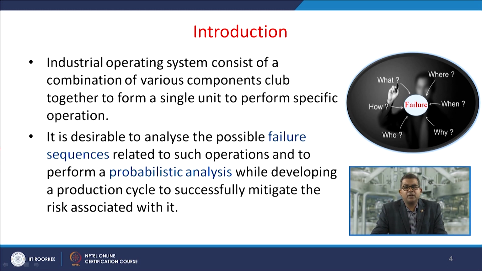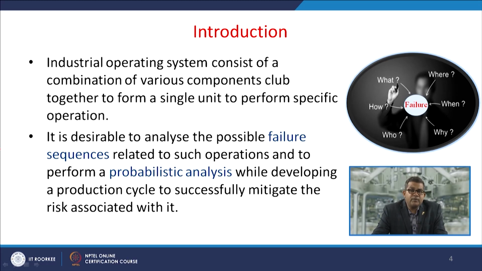Now, let us take an example like the production of ammonia. Here it is quite simple: nitrogen reacts with hydrogen to give you ammonia. But there are several other steps and components involved. The basic considerations are what the appropriate temperature is and what the safety methodology is. Obviously this reaction is exothermic, so how do we control the exothermicity of that reaction? So, there are various components involved in the production of ammonia, and these components are clubbed together to form a particular unit for the production of ammonia.